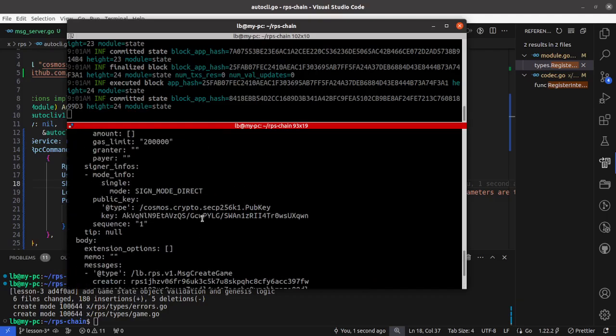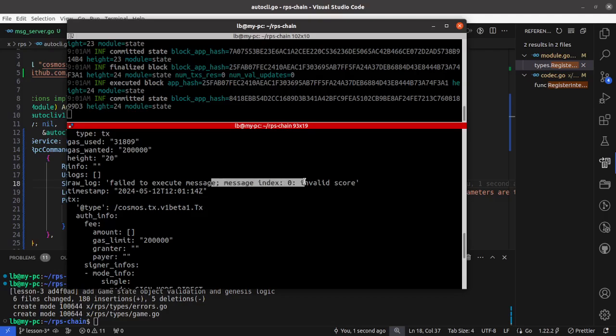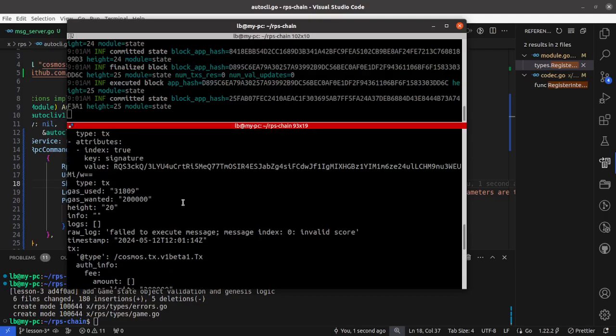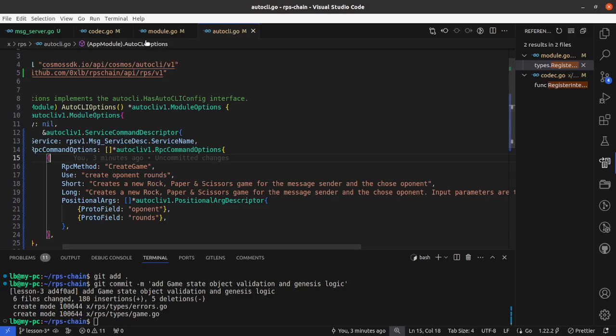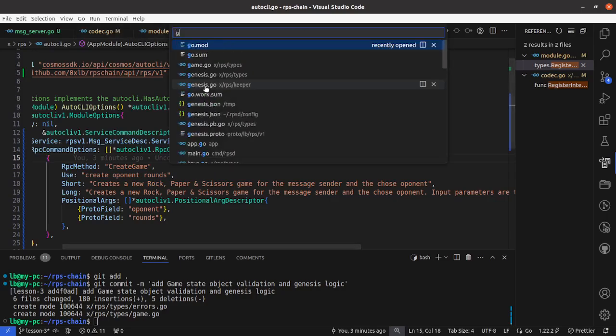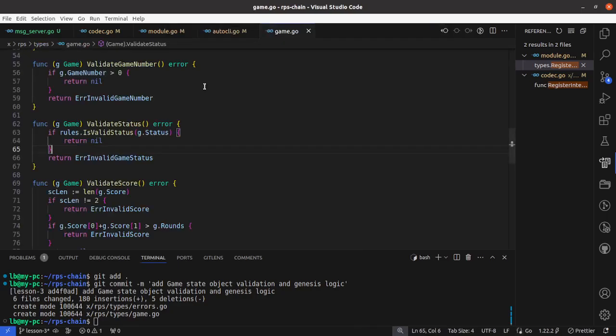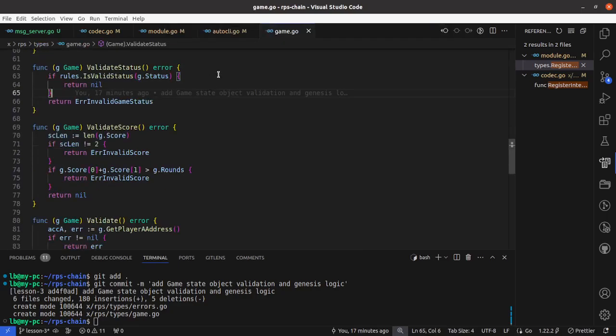And it seems that everything failed. Invalid score. Okay, yeah, we have to check the validation. As you see, this is one of the errors that we define, that we are having an invalid score. Let's check that logic. Again, here we have our score. Okay, yeah, when we initialize,